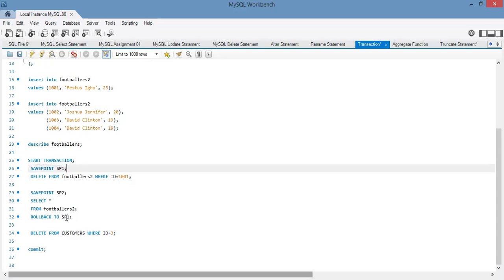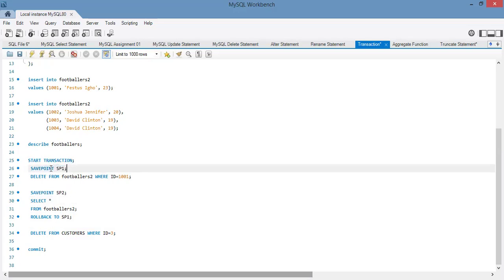For example, if I want to do a rollback now, I have 2 save points in this transaction. So I can roll back to this point, or I can roll back to this point. So any point where you think you may have to roll back to, you put a save point statement there,